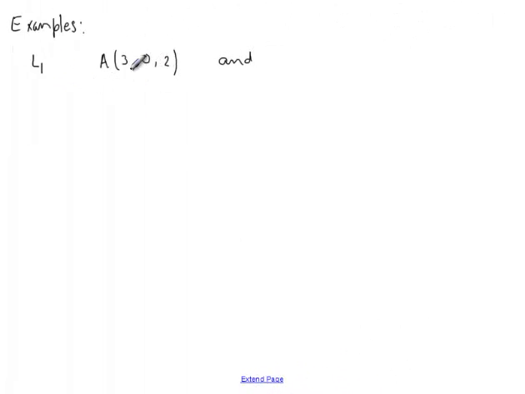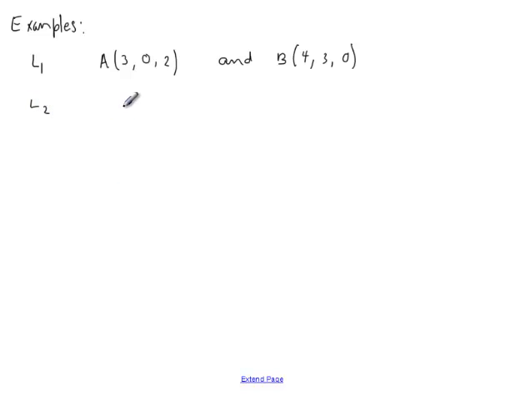So A is a line passing through the point 3, 0, 2 and point B with coordinates 4, 3, 0. Is that right? Yes. Then it says determine the parametric equations for L1 and L2. So also for L2